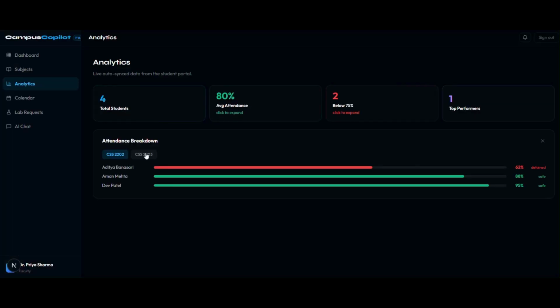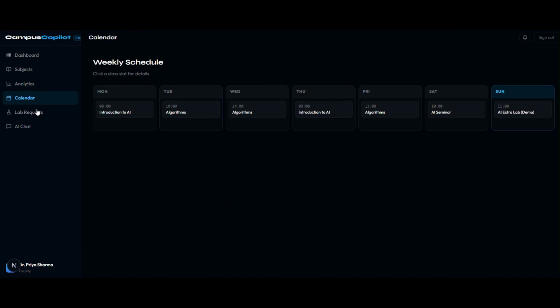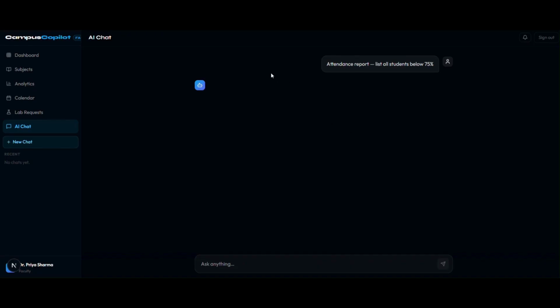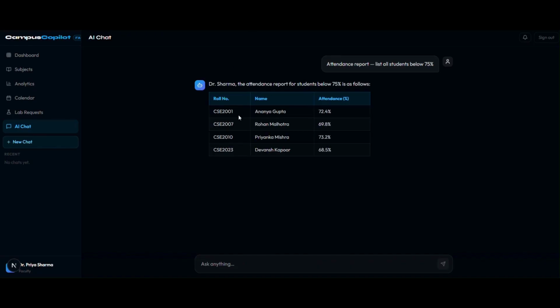Moving on to the analytics, the teacher can see the average attendance of the students that have been assigned to them for the respective subject. You can see the attendance of the students that are below 75%. This is the calendar of the student and the teacher. Then the lab requests are given to the teacher in this chatbot, where the teacher can ask requests and questions to the AI, such as what is the attendance report of the students below 75%, and the AI will scrape the backend and give the report to the teacher. Here it shows the backend displaying the